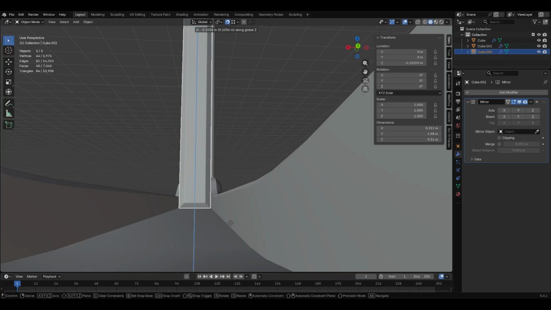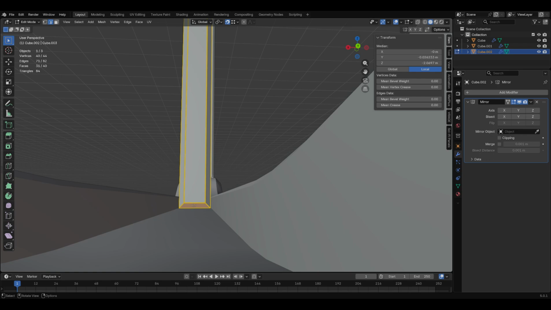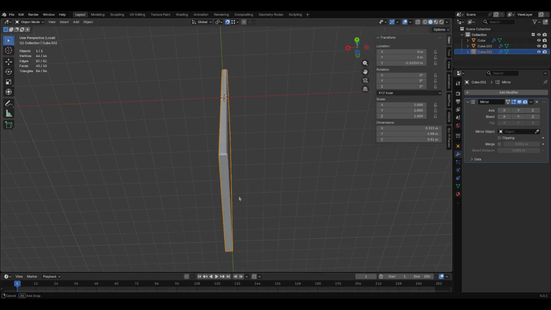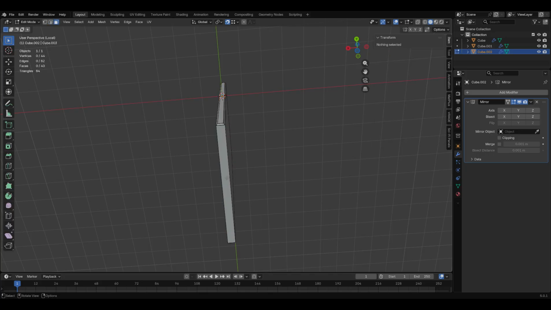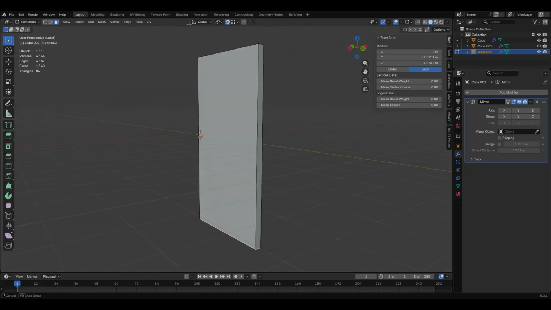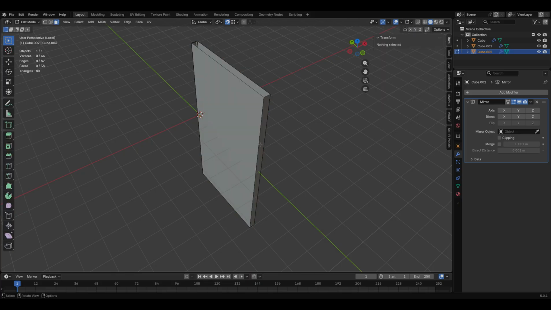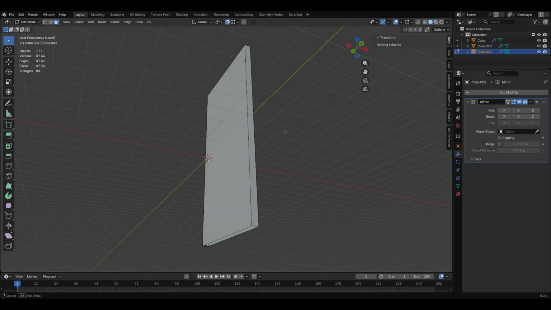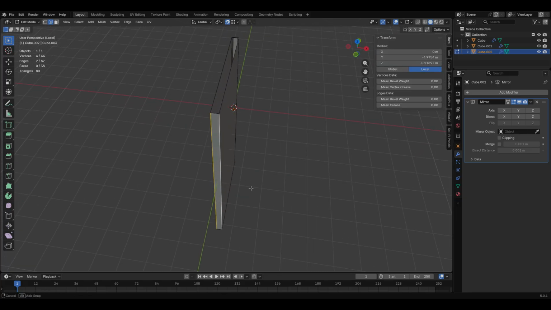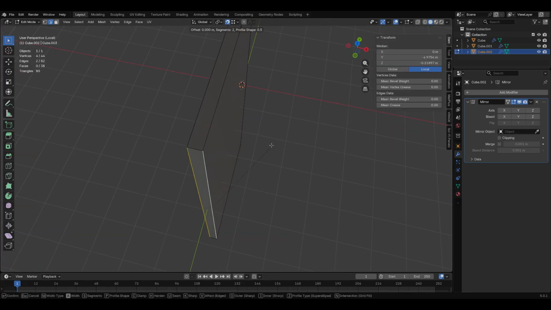So it'll never really be seen. So technically I didn't really need to bevel that, but it doesn't really matter. And just remind me, this edge cannot be deleted, and neither can that, because they're never going to be seen. We need to keep this back edge because that is going to be seen, and this does need to be beveled, but it's only something